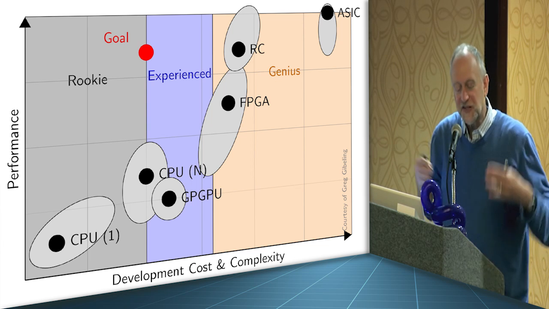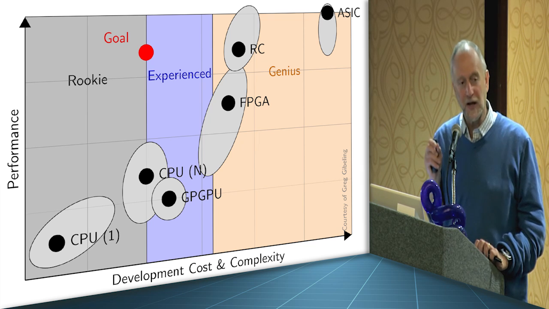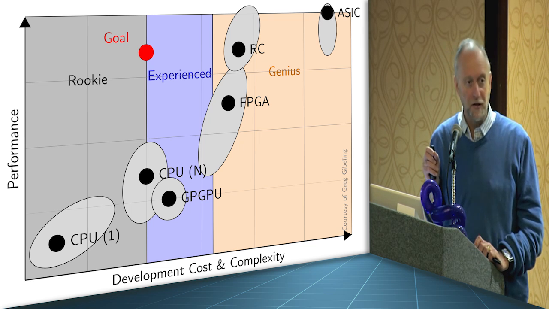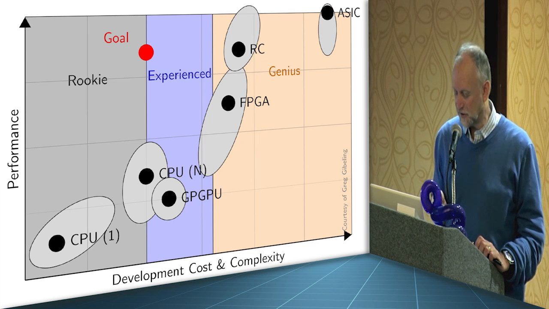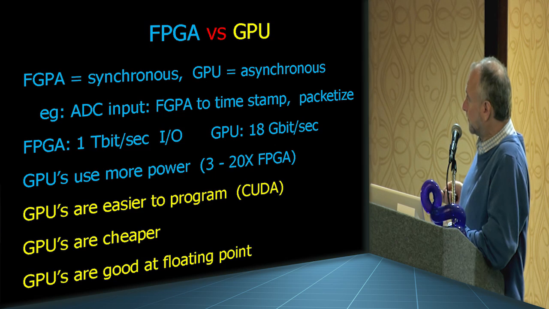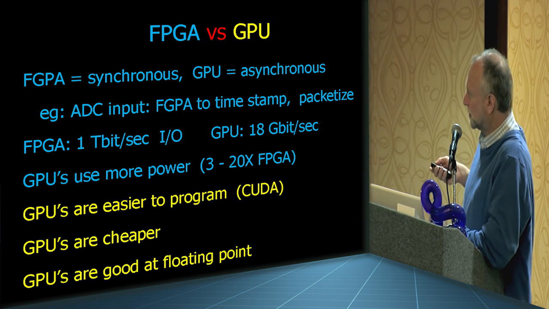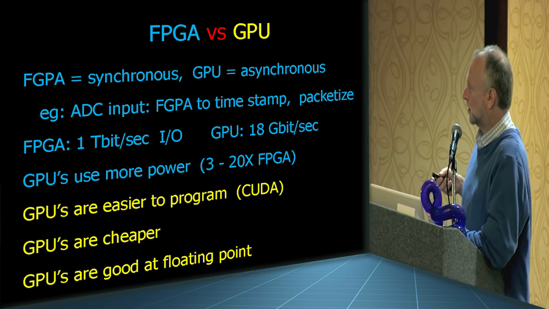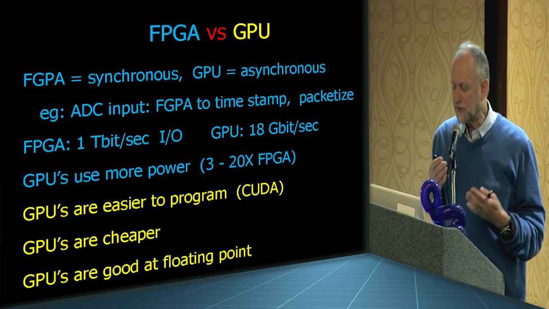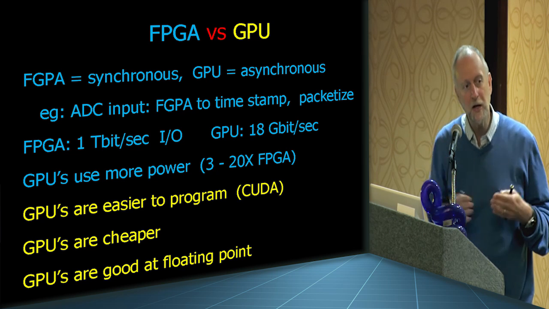But in order to find the signals buried in the noise, we want to add trillions of signals together. Because it's noise-like, we can get by with a very small number of bits, 3-4-bit computations. That's one of the things we'd like some advice about: how to do these small-number-of-bit computations. We use FPGAs and GPUs. I think a lot of you are experts at these technologies and know the pros and cons. We find that GPUs are a lot easier to program than FPGAs, but we're having a problem getting the data into the GPU.